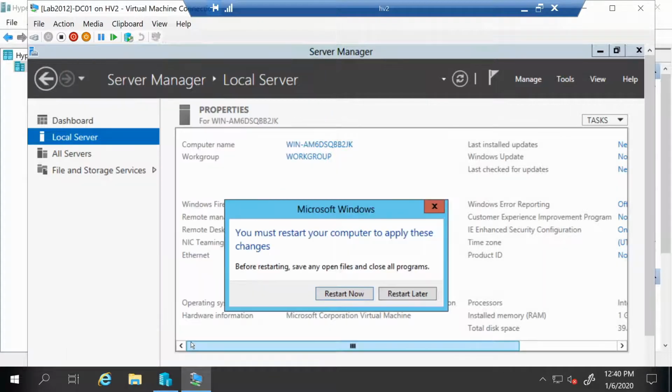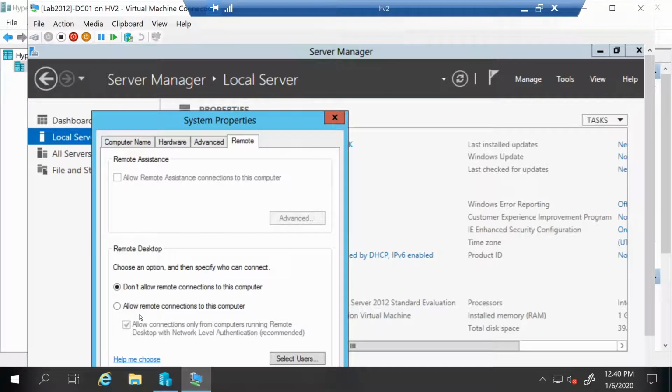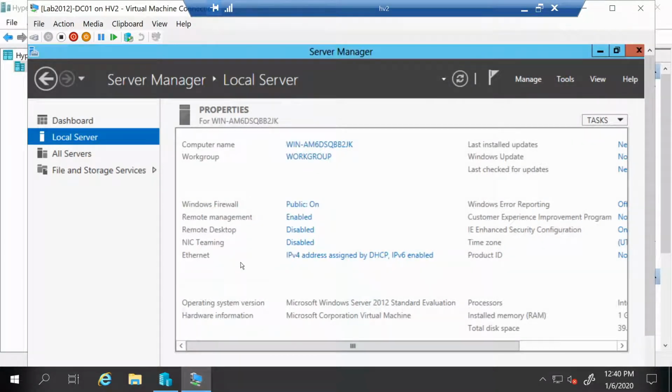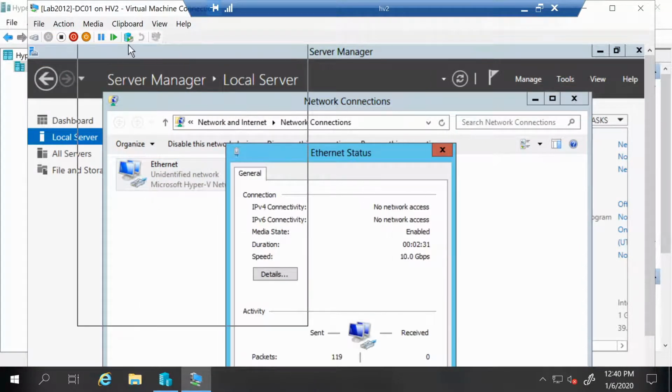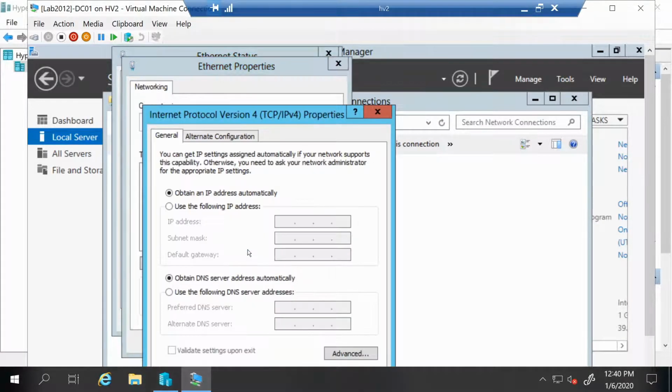Okay, it's done. I will not restart it yet because I still want to enable the remote desktop, because we will be remoting into it after we configure the networking part. And I want to set a static IP address. Okay. So in my case it will be